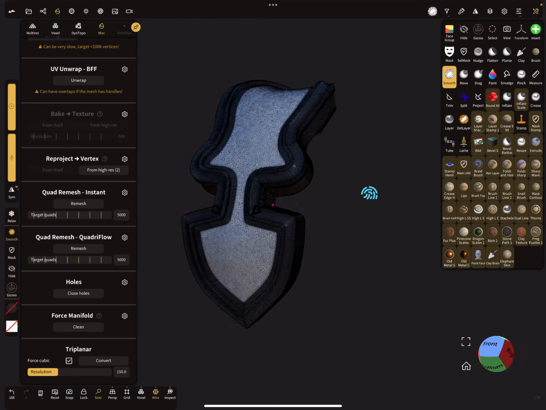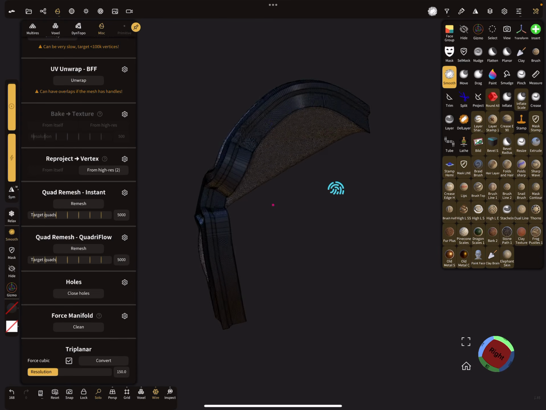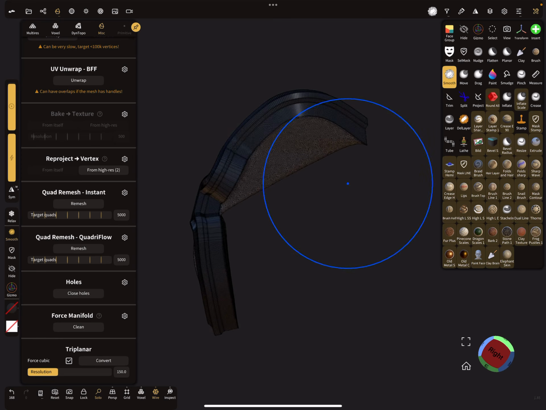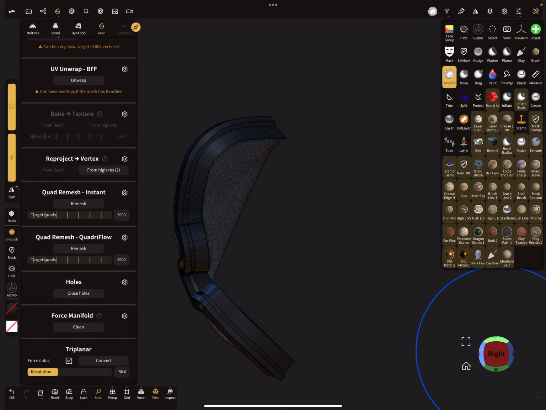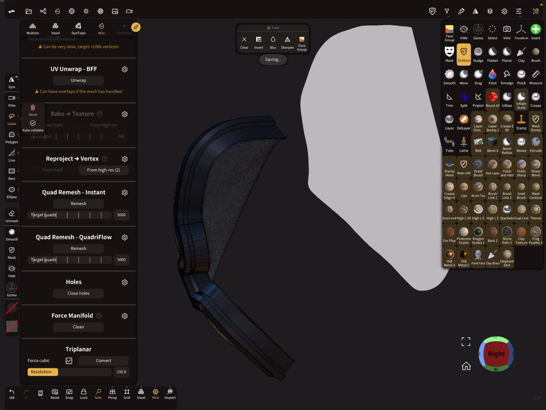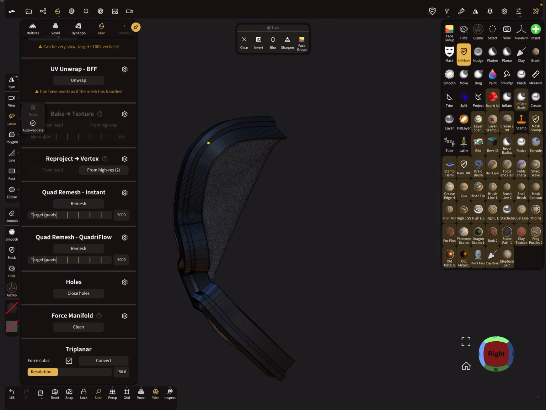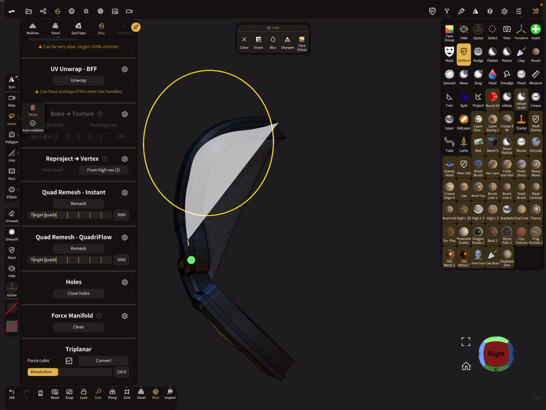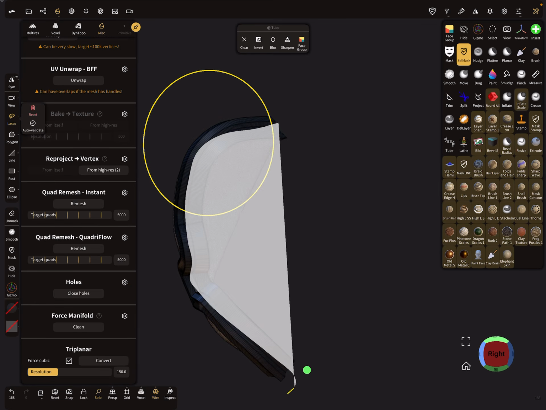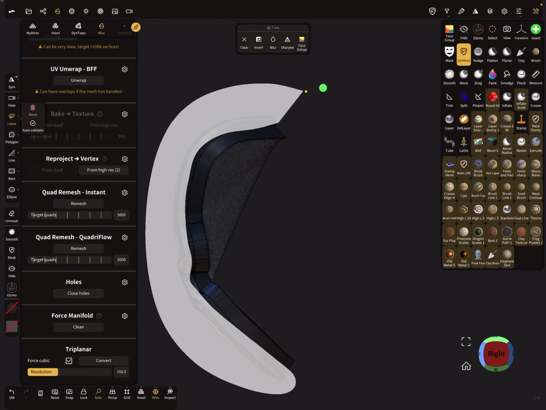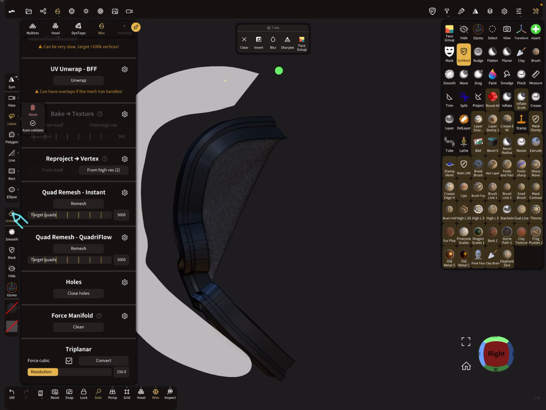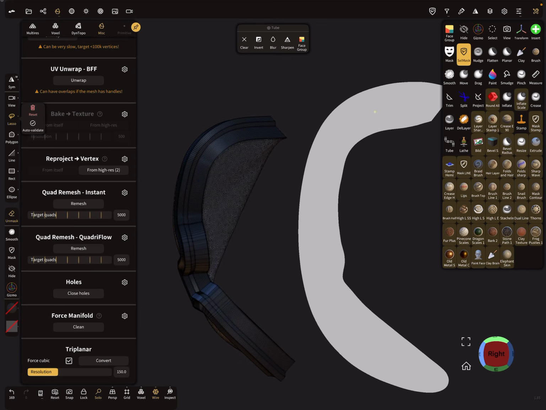And the next step is we can do the same thing for the inside. So we can use cell mask and mask the outside, and then with unmask